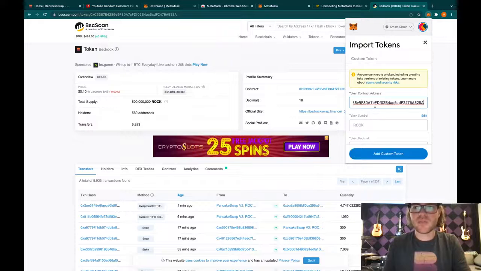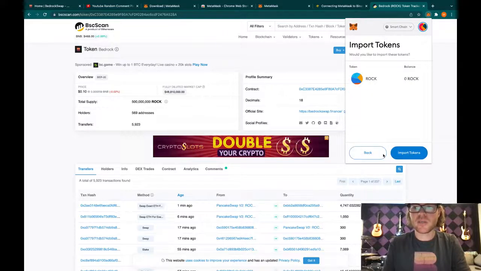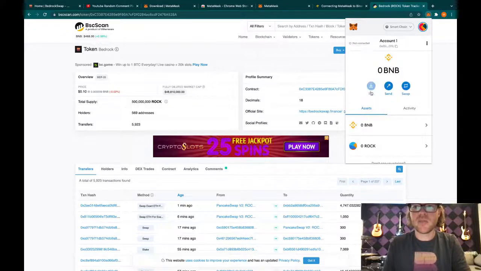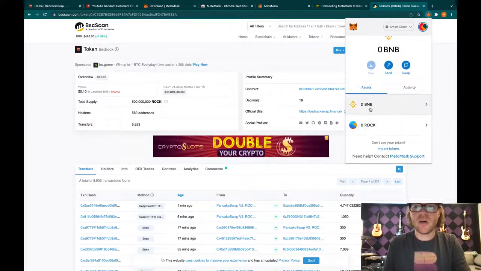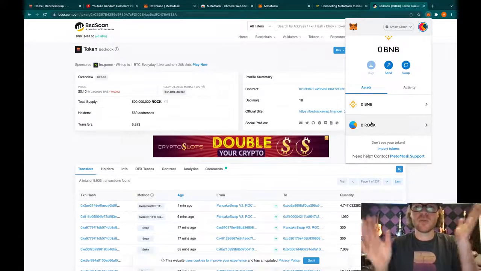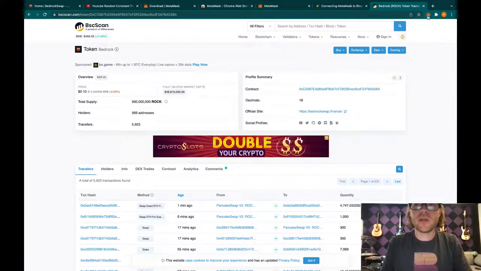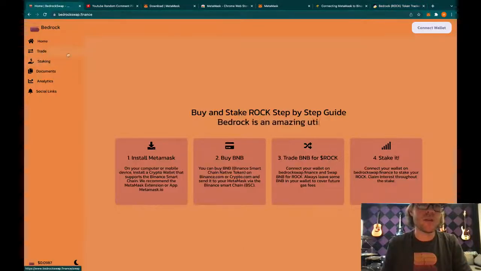It will fill out the rest of the information for you guys. Then just hit add custom token, import token, and there she is. So even though we don't have anything, at least it's here. That way, when you guys buy it, if you're like, where did it go, what happened, it's there for you. All right, so that's how we go from crypto.com to Metamask to BedrockSwap, trading it and getting it into our